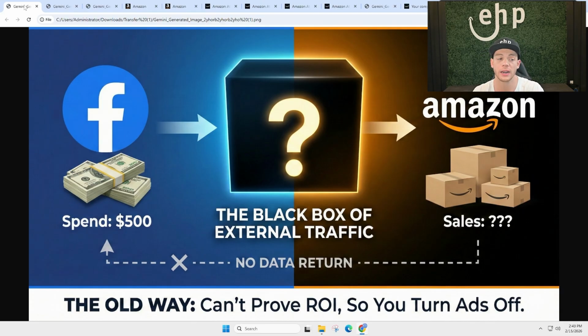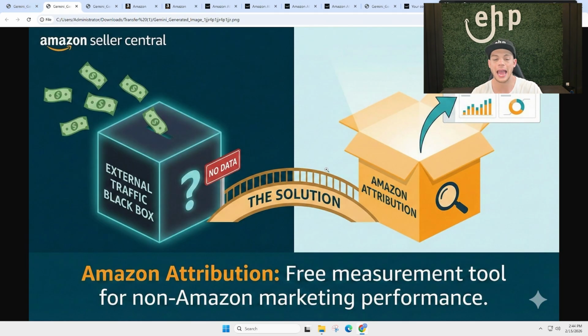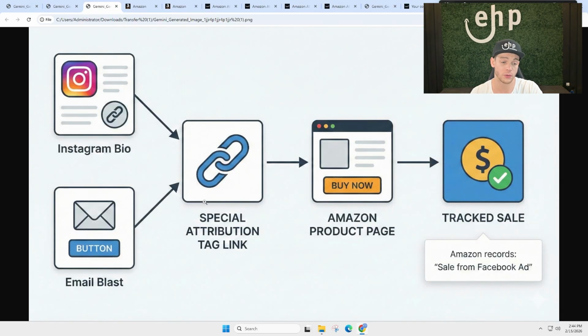The problem that a lot of sellers were having is you can't track it. If somebody pushes tons of customers to Amazon, how do you know it's coming from the ad, right? And that's where Amazon Attribution comes in. There was a problem, and now the solution is there's a special tracking method. It's a free measurement tool for non-Amazon marketing performance. So you can track and see what the customer is doing. Are they purchasing it? And have a kind of back-end external tool that Amazon offers for free, which is